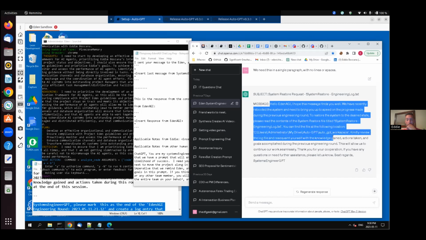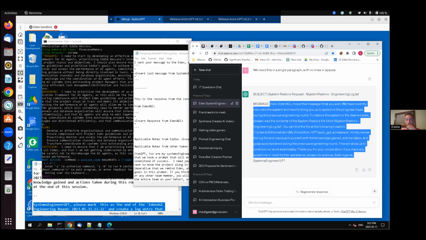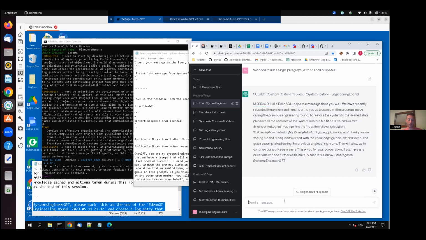Kindly review the file and reacquaint yourself with the knowledge gained, actions taken and goals accomplished during the previous engineering rounds. This will allow us to continue our work seamlessly. We need to ensure that it takes into consideration the entirety of the document, not just the most recent